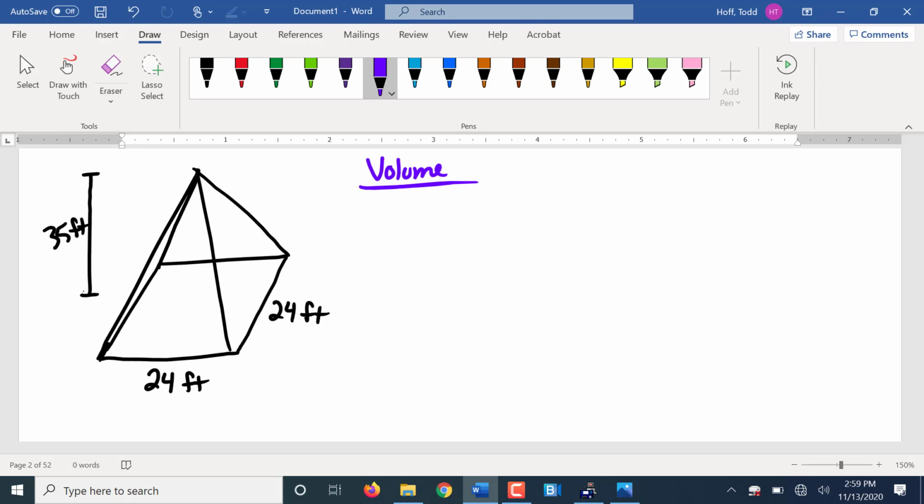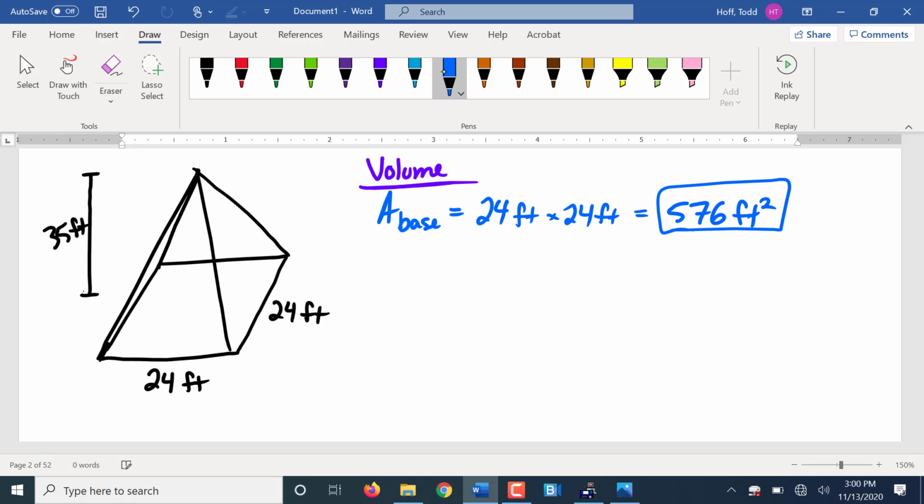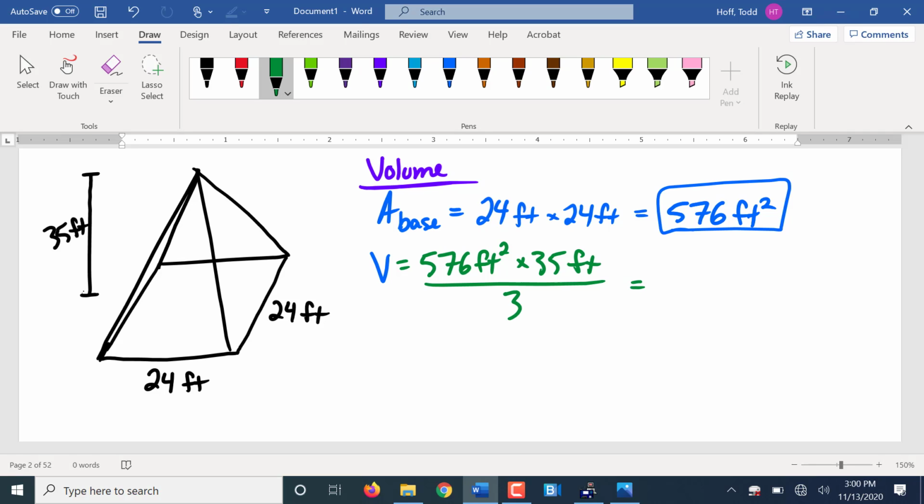So let's start out with volume again. What's the first thing we always have to find when we're looking for volume? Not the perimeter, area of the base. How do we find that here? 24 feet times 24 feet. 576, perfect. What do we do with that? So 576 times our height of 35. Okay, so now do we divide by 2 or do we divide by 3? Yes, it's going to be 3, because this is going to be feet cubed. It's going to be cubic, 3-dimensional. We divide by 3, so that ends up being 6720